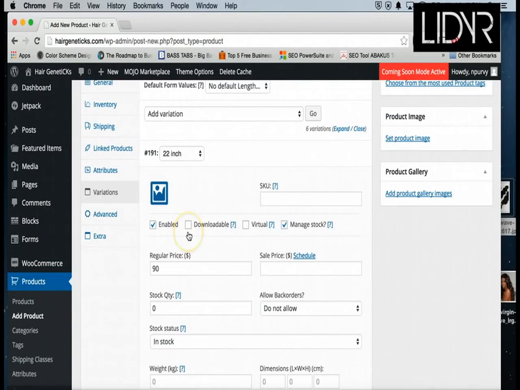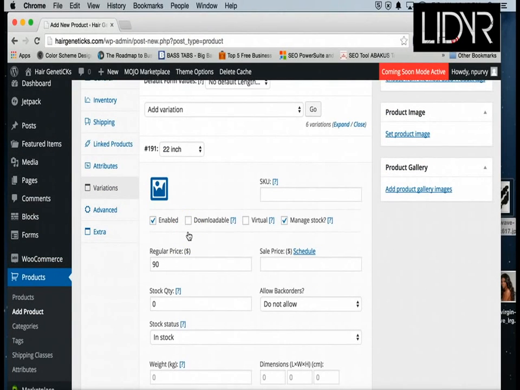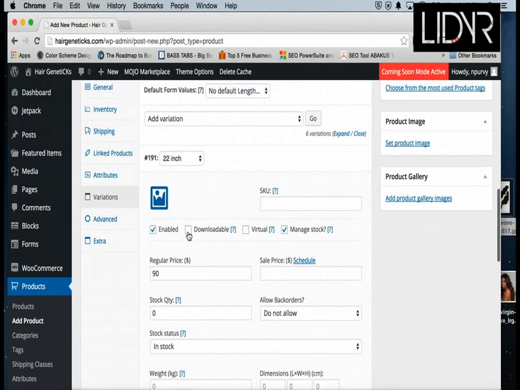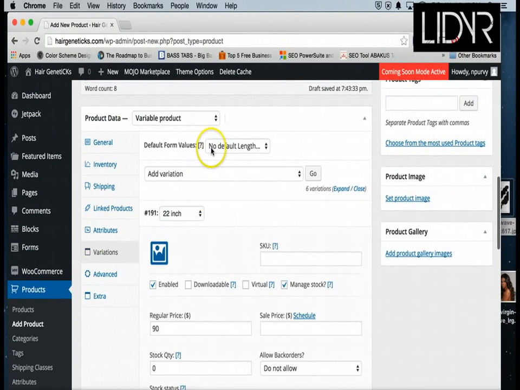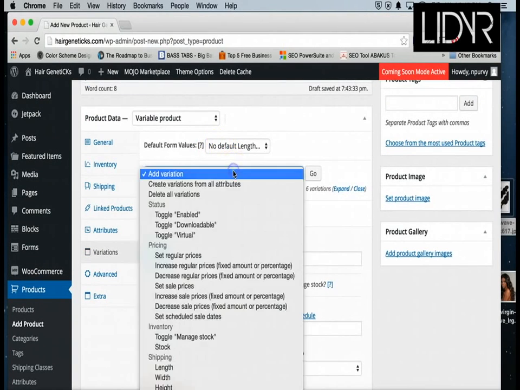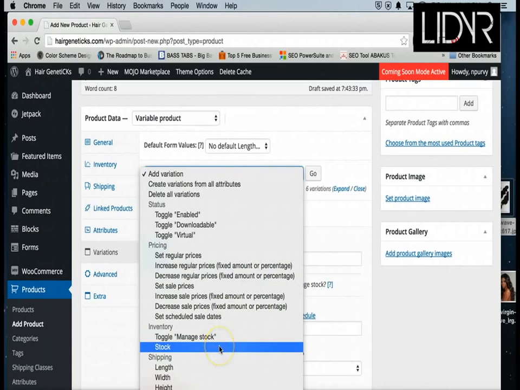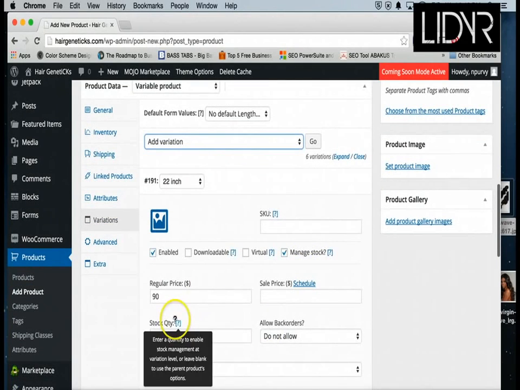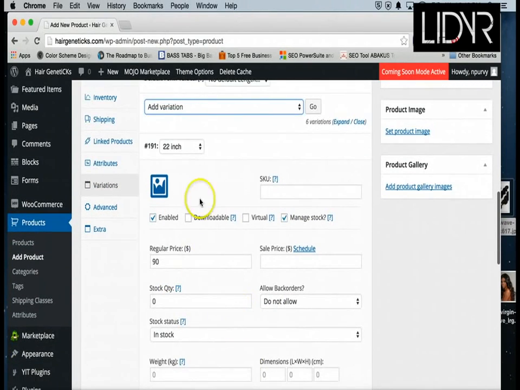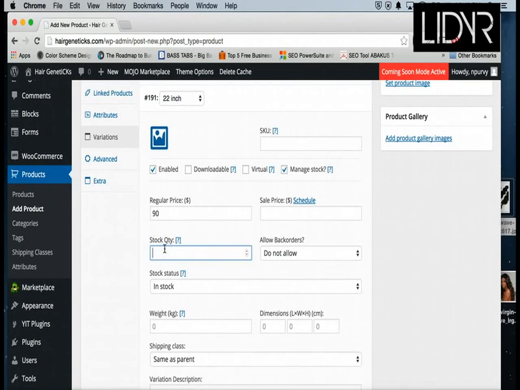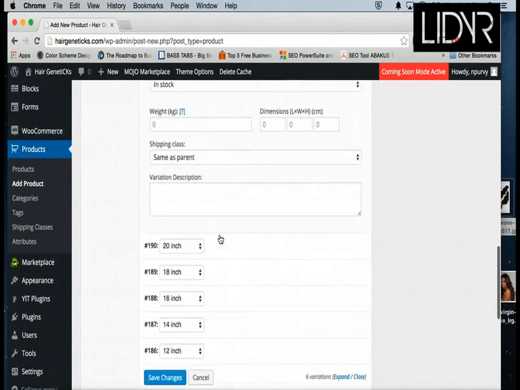So let's say you get the same amount of each option of each length. Then you can bulk add the lengths the same way here. You can go toggle stock and do it that way, or you can do them individually by opening each of them up and clicking stock quantity. Let's say you have 50 bundles of the 22-inch